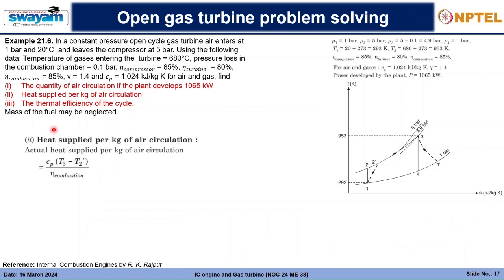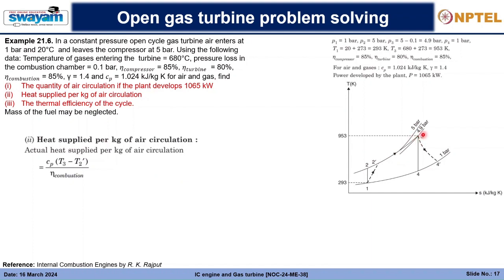Next, the heat supplied per kg of air circulation. The actual heat supplied per kg of air circulation is Cp into T3 minus T2 dash, divided by eta combustion. So why did this formula come up? So you see that the T3